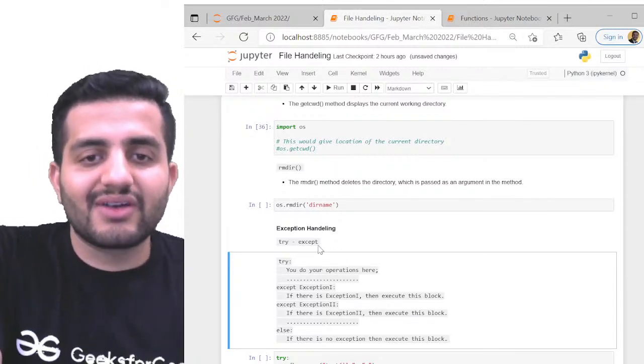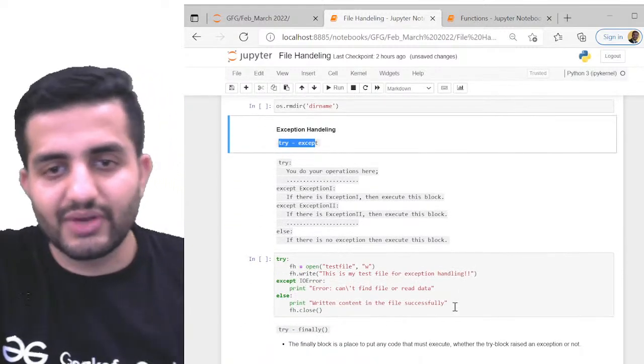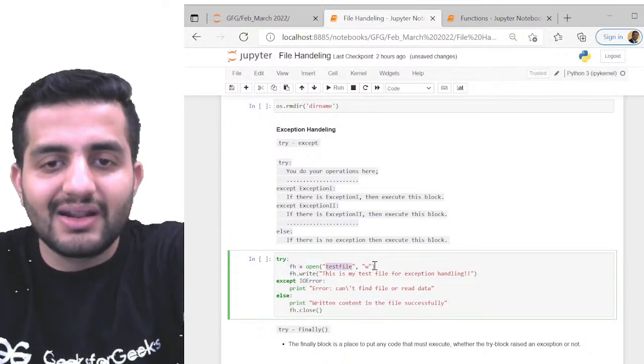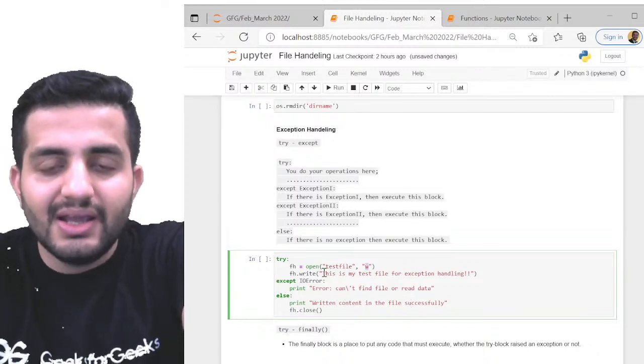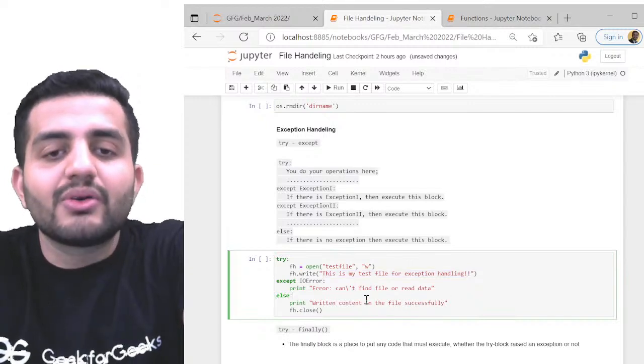So for that we have try and except. Okay, so what does this do? Look at this function. For example, suppose I'm opening a file, test file, and I'm writing into it with W, right? And what I'm writing is, this is my test file for exception handling. Okay. And now what I'm trying to do here is,